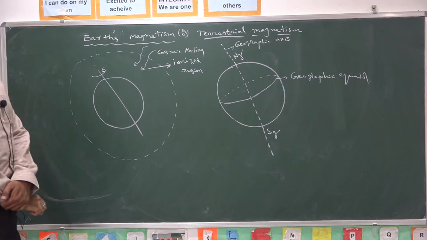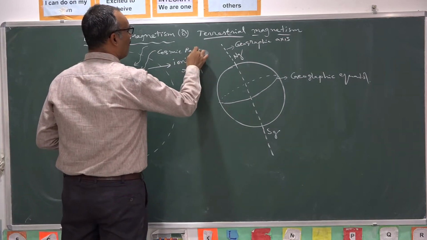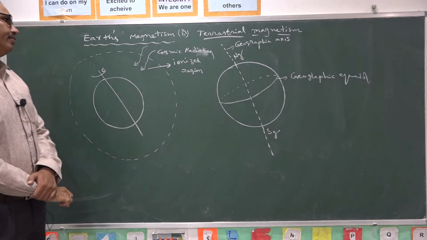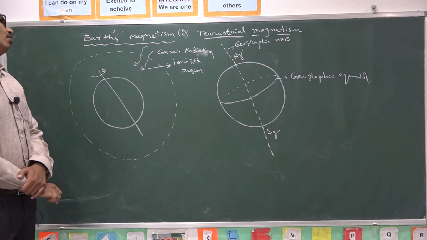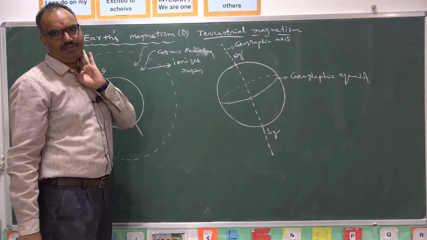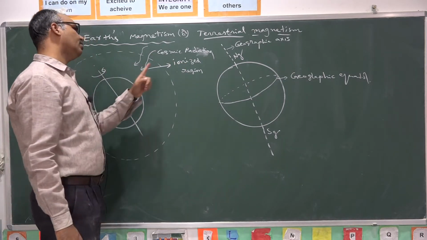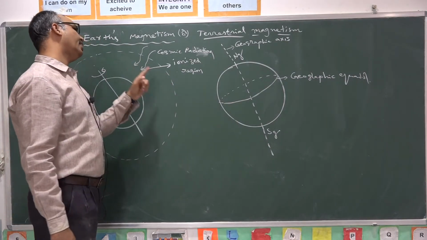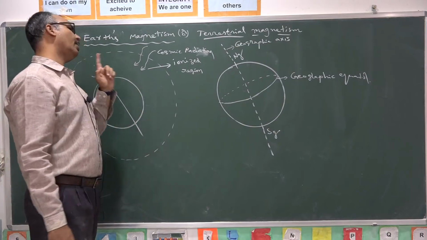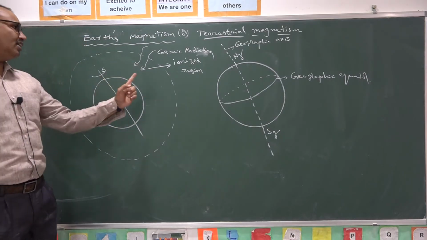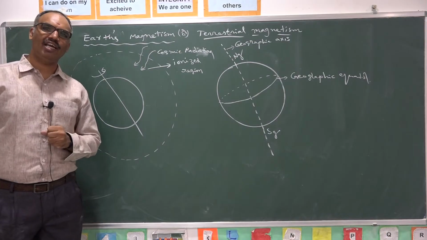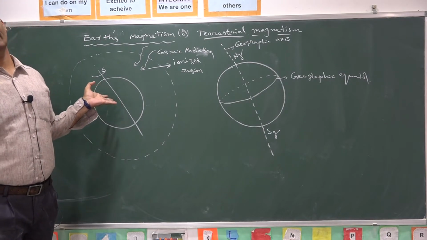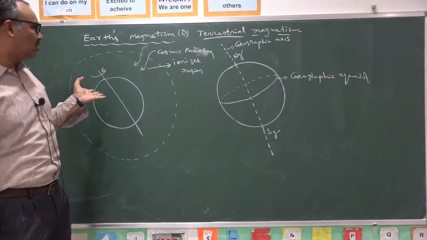Because of cosmic radiation, all the atoms and molecules are getting ionized and they are forming a region called the ionized region. Due to the rotation of Earth, these ions or charged particles available in the ionized region will also rotate around Earth. While a charged particle is rotating around Earth, it is generating some current. The generated current develops a certain magnetic field at the center of the circle.